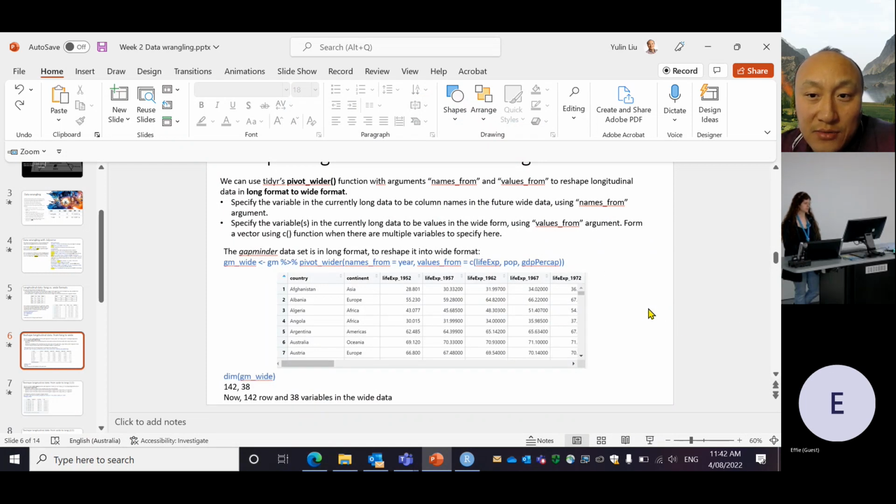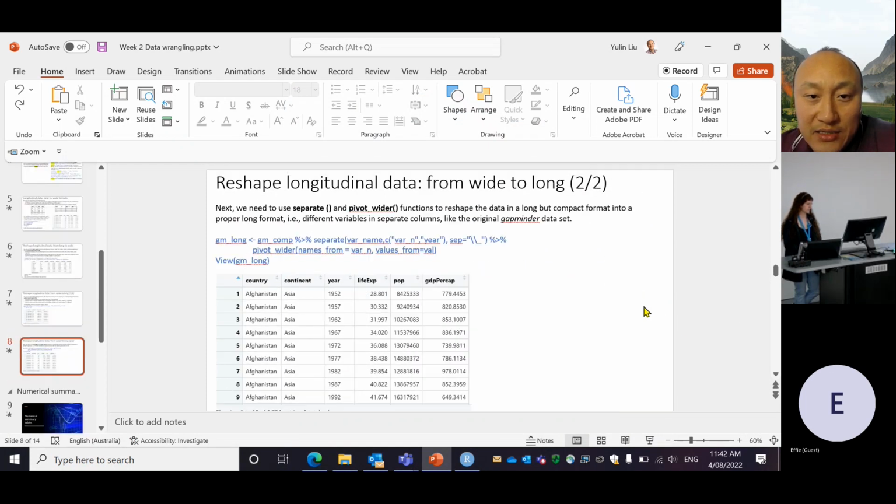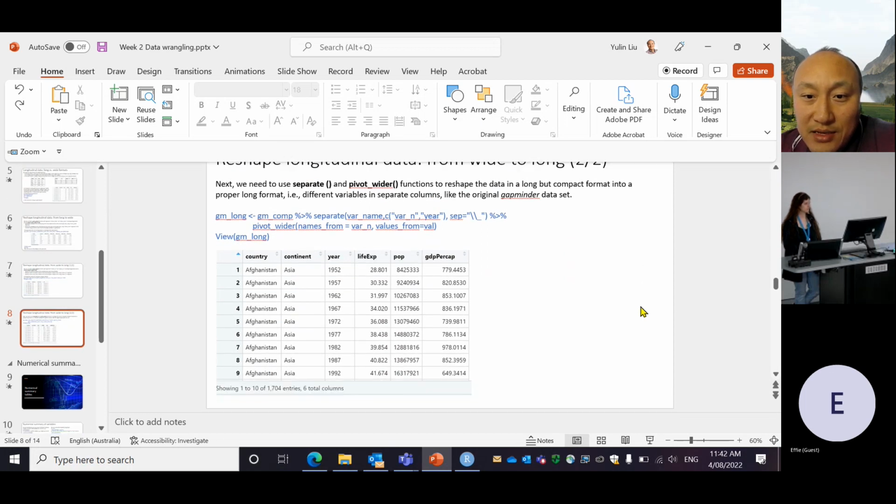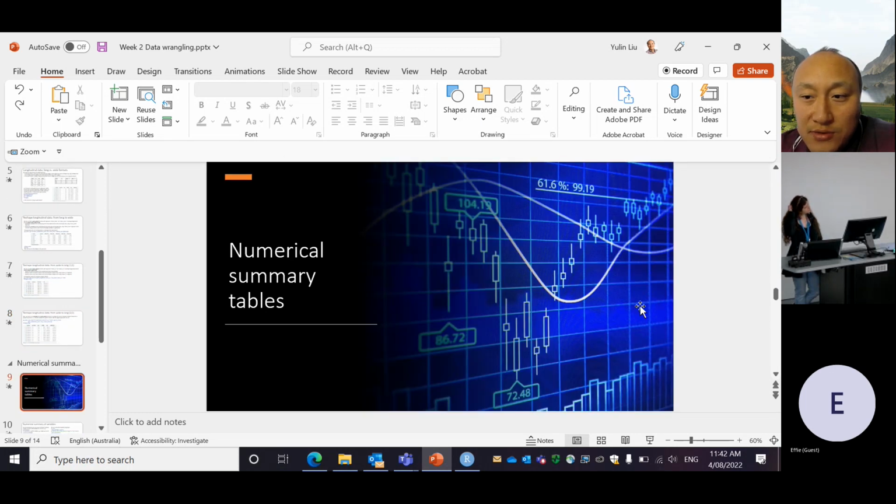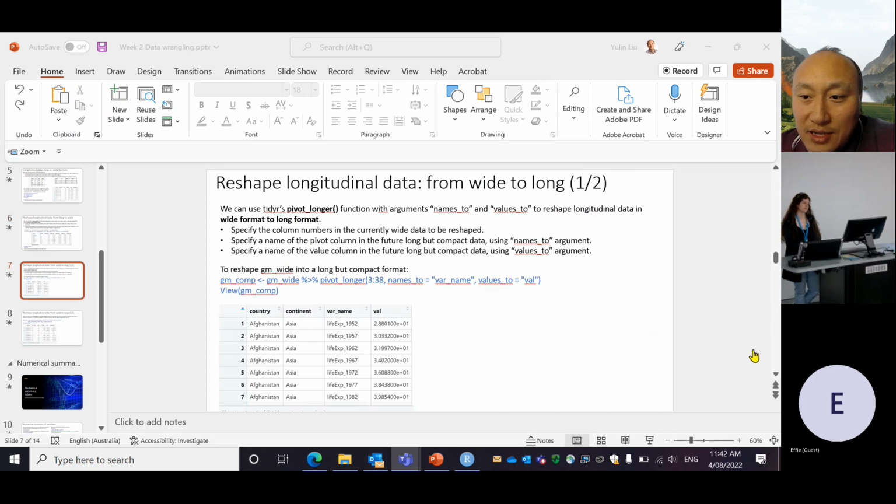So how to do it the other way? I put it on the next 2 pages. You can give a try if you have time. I'm not quite sure if you need to use it. Hopefully not. So how to make the longitudinal data in wide format